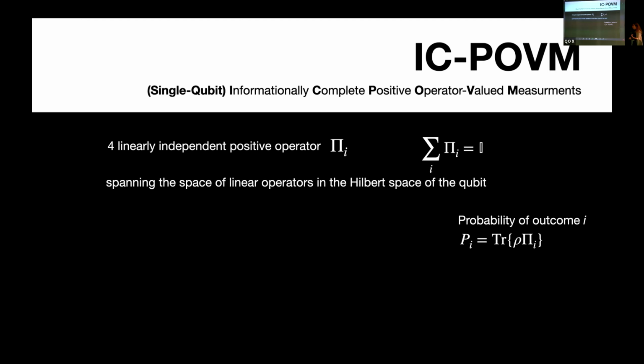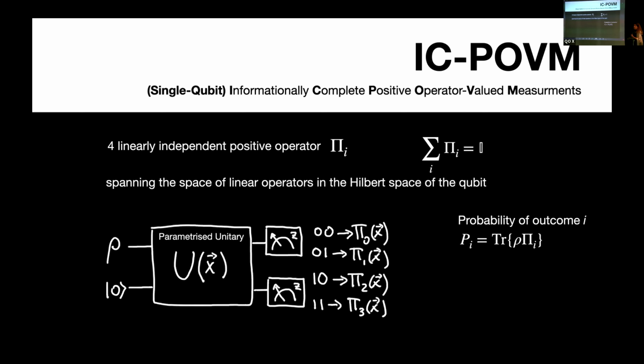But now, again, you may think, how can I actually implement them in an experiment? How do I implement these operators? In order to do this, you would need not one, but two qubits. So there is a little bit of overhead in this implementation. And the way of implementing it is in terms of a general unitary. I parameterize it with, it's not general actually, it has to have a certain parameterization to realize an informationally complete POVM, but it's a unitary